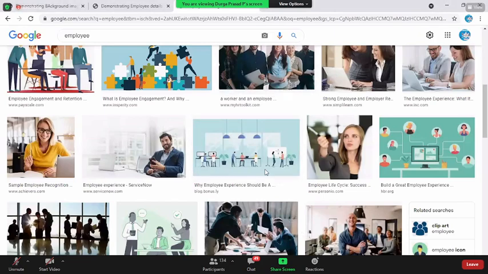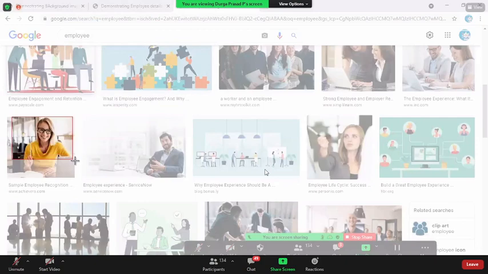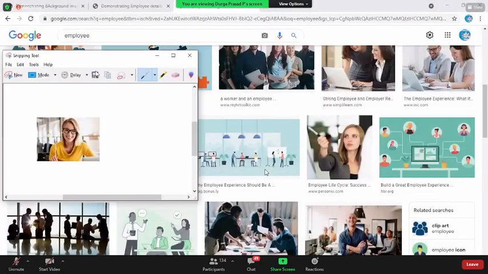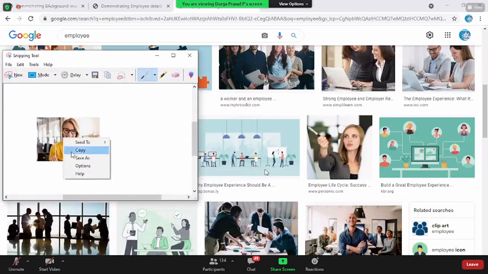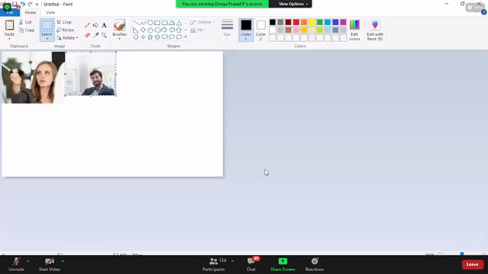Let us go with another new employee and make it employee 3. Copy this image and keep it somewhere else. I'm just copying all the images to form a single image. I will tell you the reason why I'm doing this.